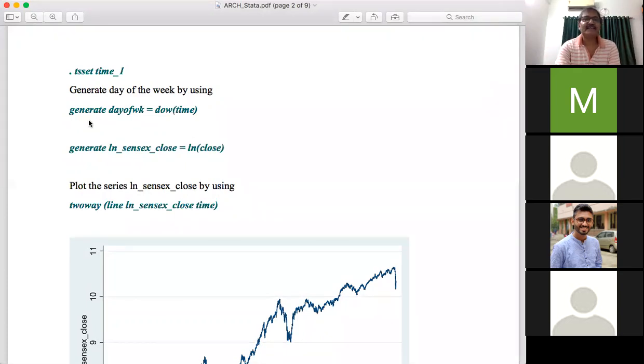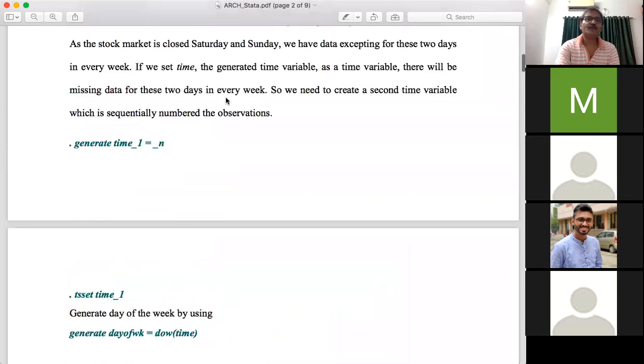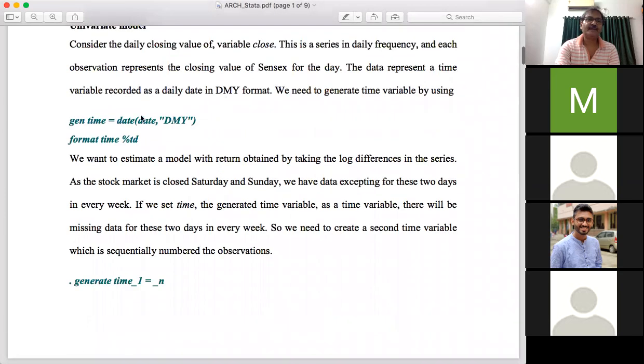So these are the additional tasks we need to do in analyzing the stock market. So what are the tasks? First, we have to convert the date variable from string to numerics by executing this command.